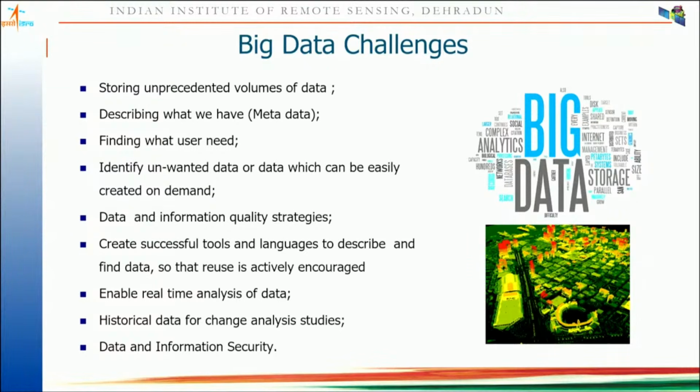Identify unwanted data or data which can be easily created on demand. Data information quality strategies, you require to create successful tools and languages to describe and find data so that reuse is actively encouraged here. Enable the real-time analysis of data, historical data for change analysis studies,